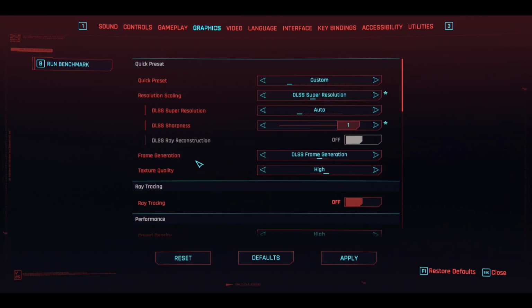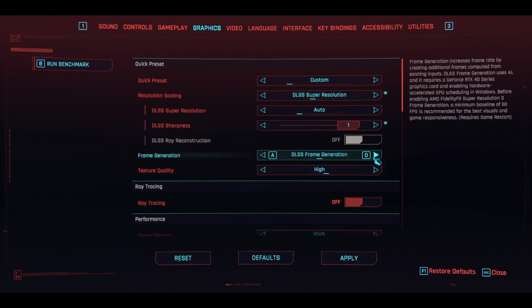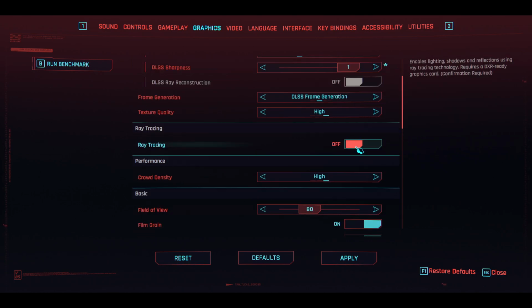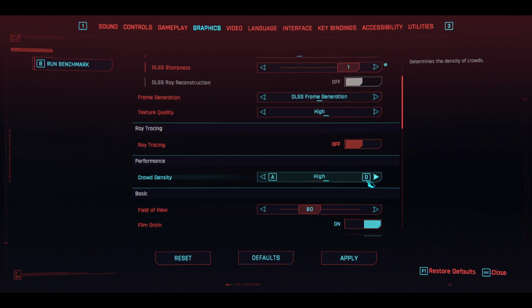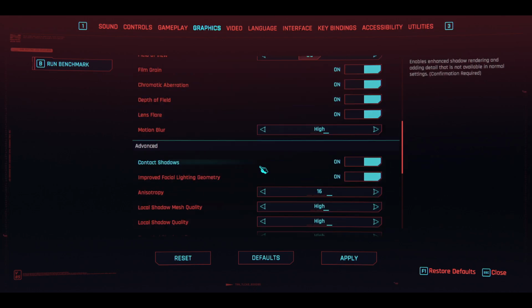After this, you also have the options to enable frame generation if you have DLSS available. You can also enable ray tracing if you have a GPU that supports it, and you will see various other options within it as well. Then you also have the option to choose your crowd density, the field of view, film grain, and much more